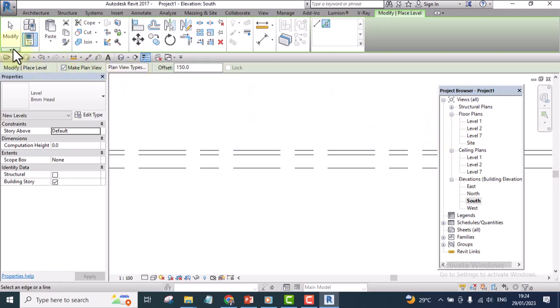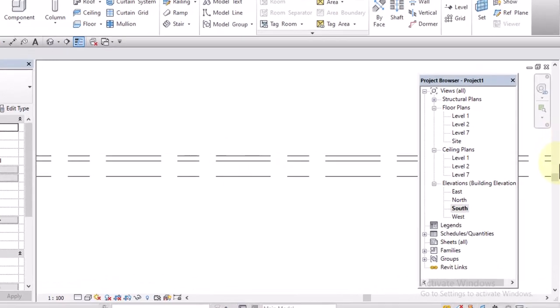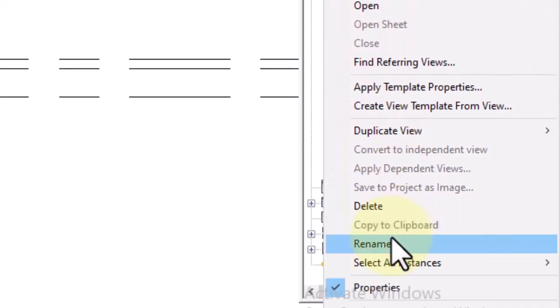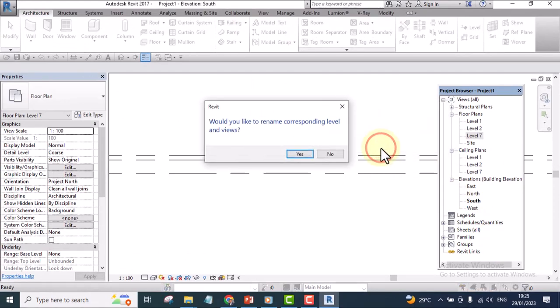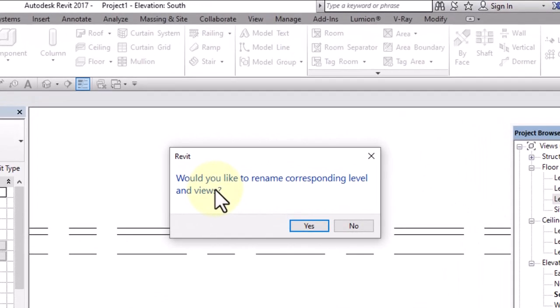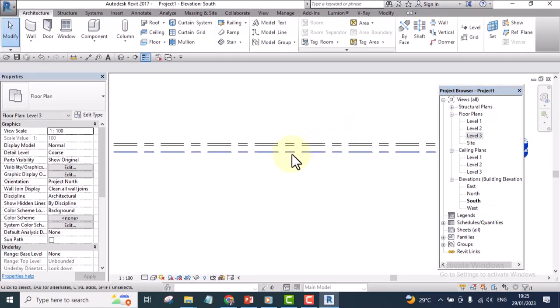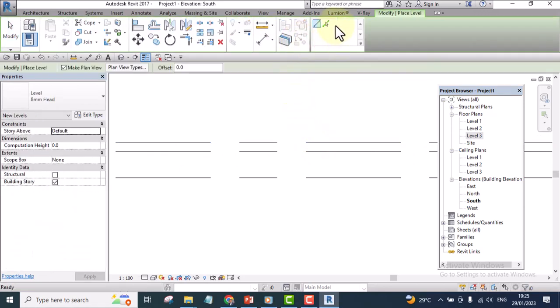Now let me rename it. I will rename that one to level 3 instead. I can right click and rename it to level 3, and click OK. And you see this notification: would you like to rename corresponding level? Click yes. All right. Now you will see that if I select and create similar again and click on this,